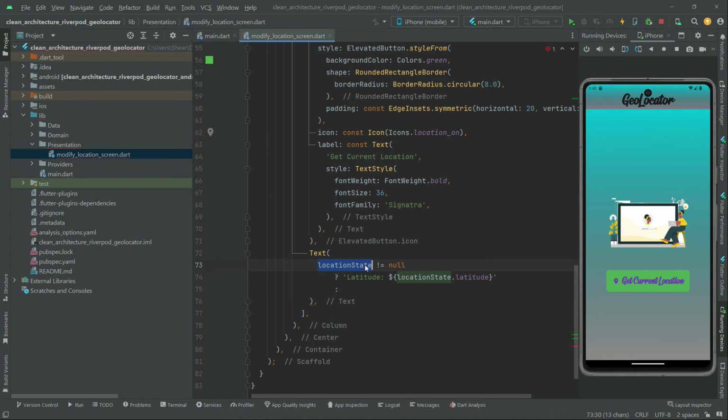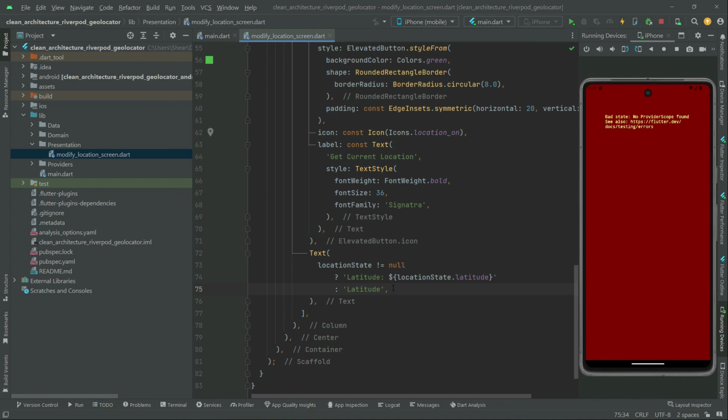And on the flip side in here we'll say colon, this indicates else. So if that location is equal to null, then on the flip side we will just show the simple text, latitude. So if it contains the location state, then we will show that, and if it does not contain the location state, then we will show that text simply. You guys will notice that whenever we test the app. Okay, now if you press Ctrl S,